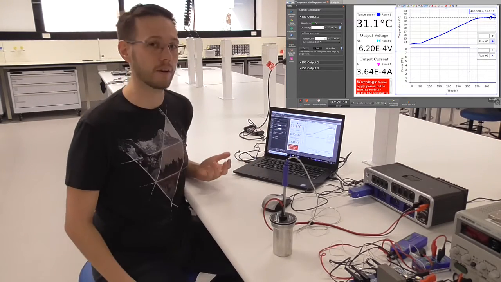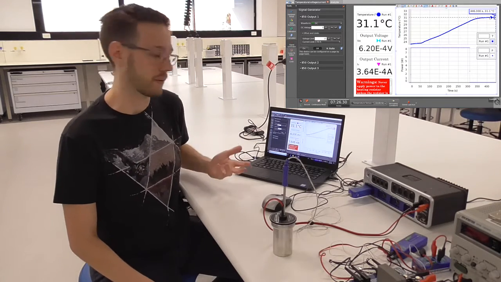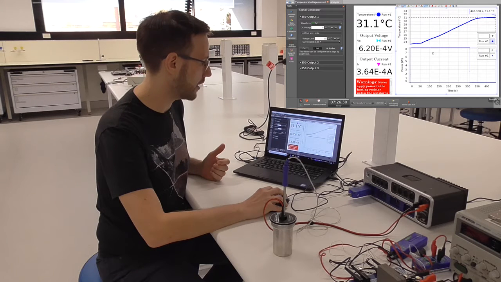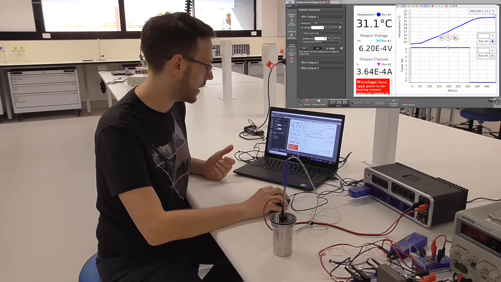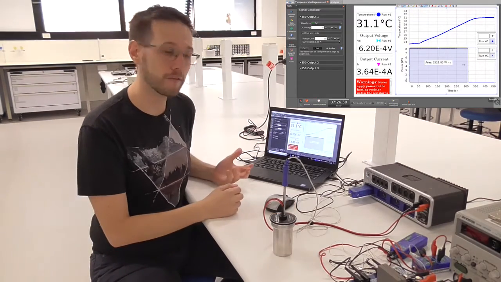So the next part we need to know is how long our power was applied for and how much energy was spent doing that. So what we can do is go down to our second graph here and then find the area under our curve. And we do that by finding the curve area button, which is this one up here. And then we just want to find the area under the curve here. So you can see we've been able to calculate the area under our curve, which is